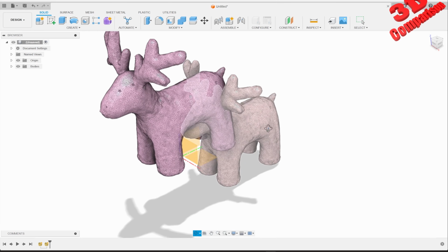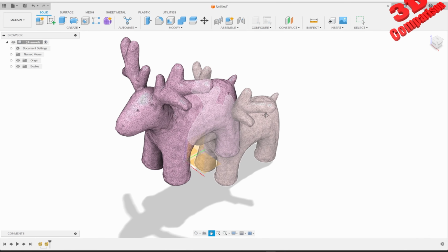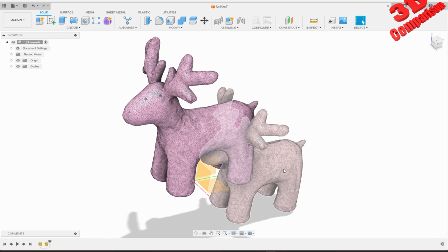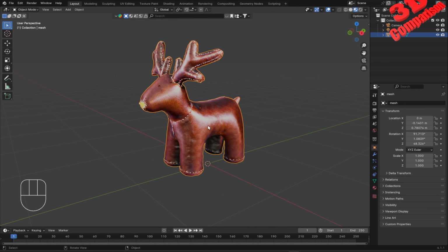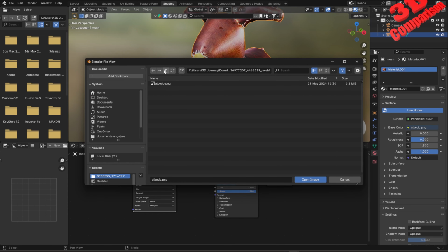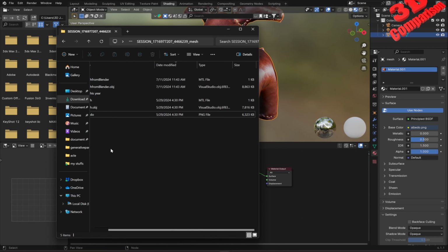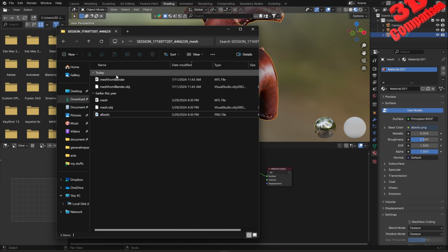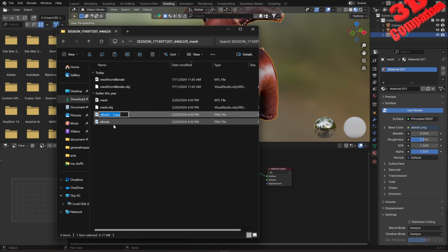If I hit OK, we're gonna see that for some reason the texture still hasn't been linked with this. So let me just jump back to Blender and see exactly what the reason for that is. So I jump over here, we have this albedo PNG, which if I go, I have the possibility to open that image, which will be that one. Let me just slightly see over here. So we have this albedo. I'm just gonna call this texture,